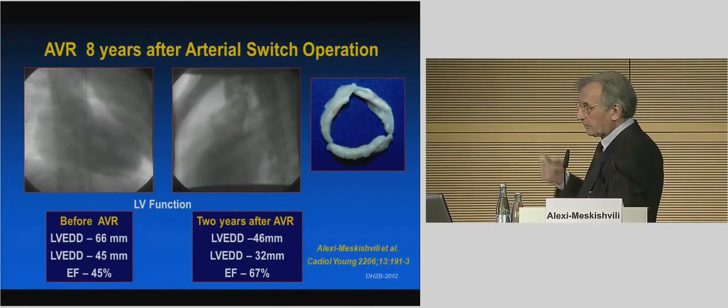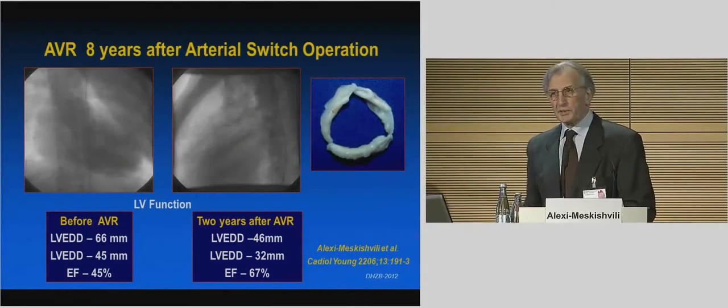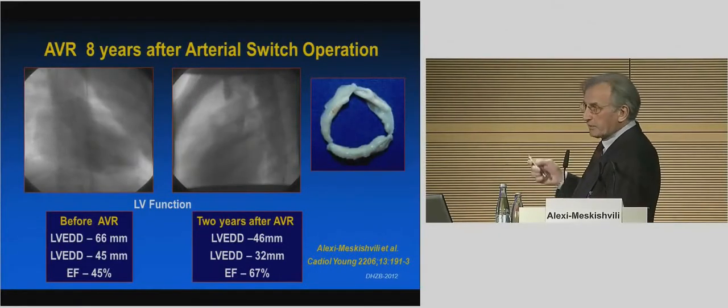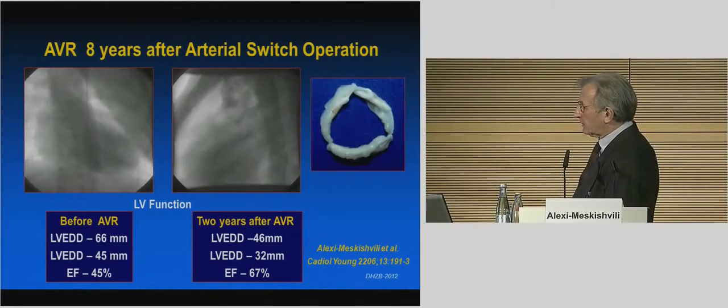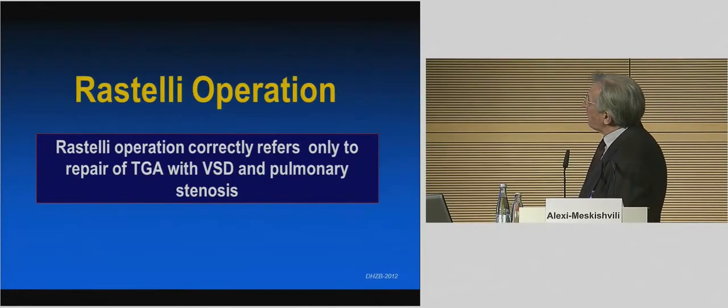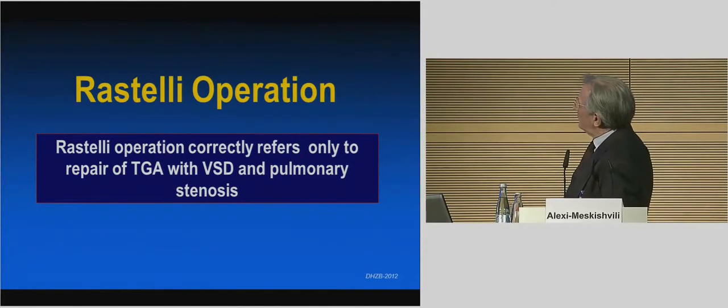But as I know, there is more and more experience in patients with arterial switch operation, because the pulmonary valve behaves like after the Ross operation in aortic position. So the next operation for transposition with